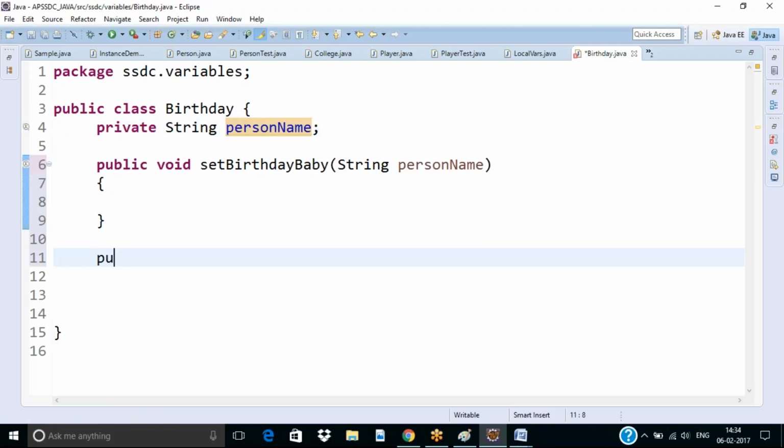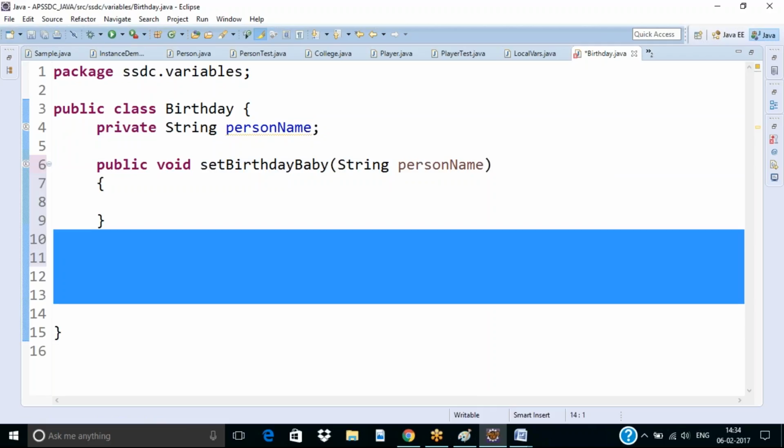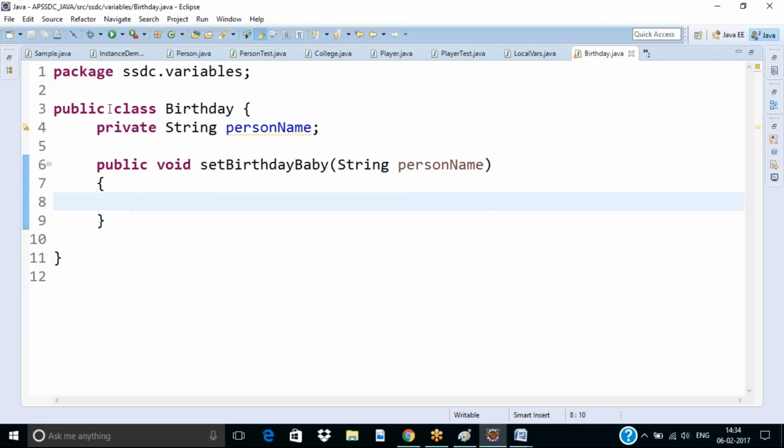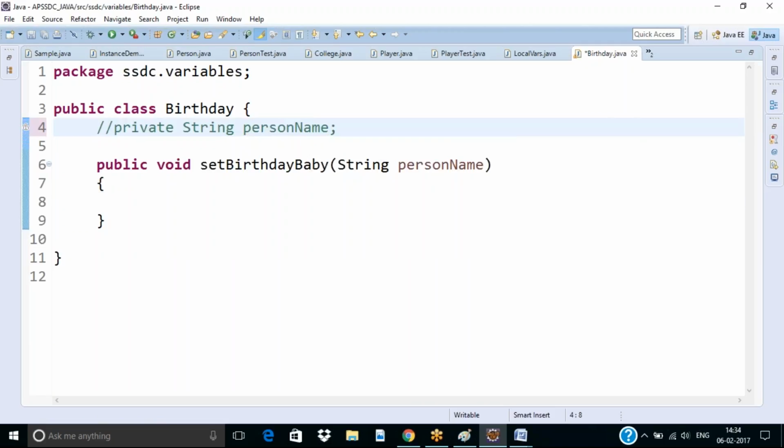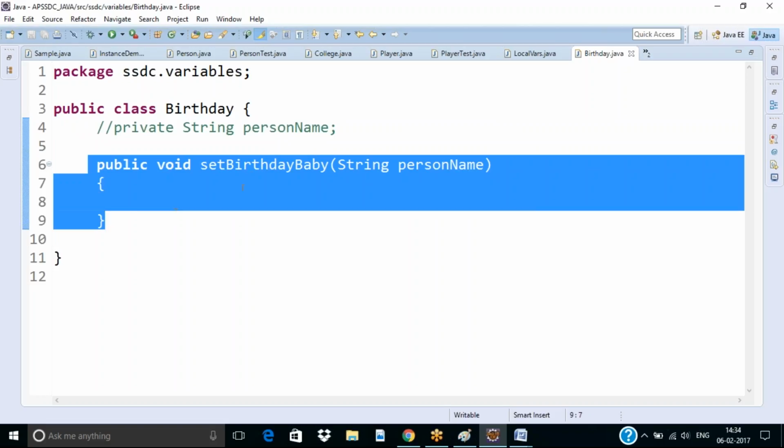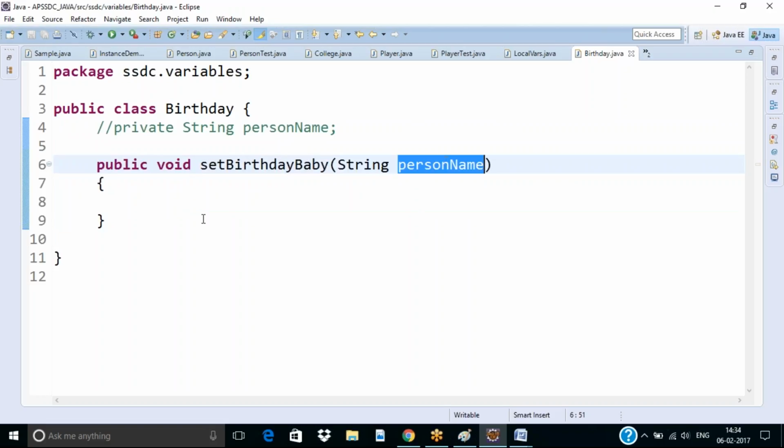I'll be having one more method here that is called just a second, just forget about this one. ఇది మర్చిపోండి, ఇది మీకు తర్వాత చెప్తాను. అంటే నెక్స్ట్, అంటే దీనికి ముందు రిటర్న్ టైప్స్ చెప్పలేదు కదా మీకు. ఇలా యూజ్ చేస్తే రిటర్న్ టైప్స్ పాస్ చేయాలి. జస్ట్ మేక్ ఇట్ as comment. Let it be this method as public void set birthday baby method and person name. That's okay, fine. Now in the system.out.println,